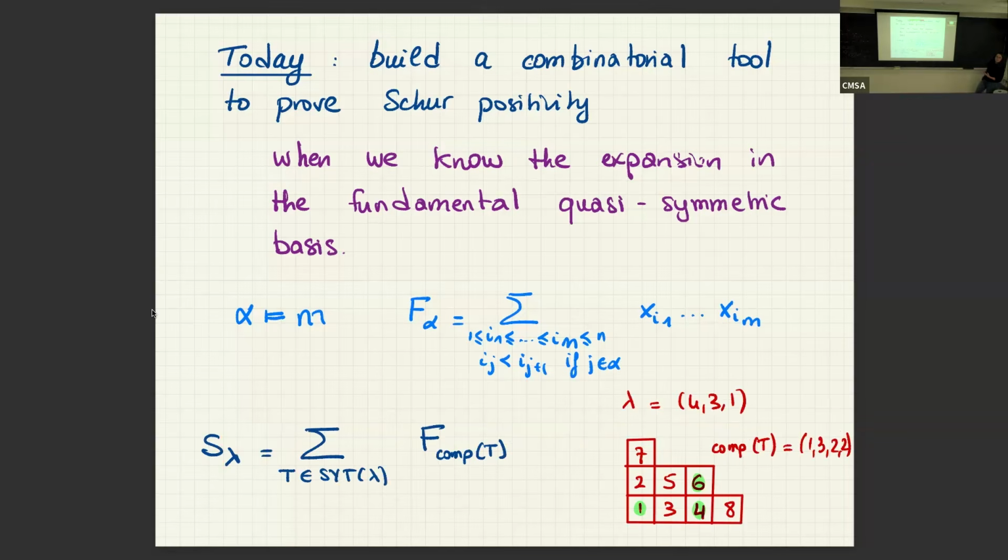And so why the Schur function and the fundamental quasi-symmetric functions are related is that we can write a Schur polynomial, okay, as a sum of f, where here we sum on all the standard Young tableau. Okay, so a standard Young tableau is like a semi-standard Young tableau, except that each number appears exactly once. Okay. Get the Schur polynomials from the f. I sum on all the standard Young tableau. And then I associate a composition to each tableau.